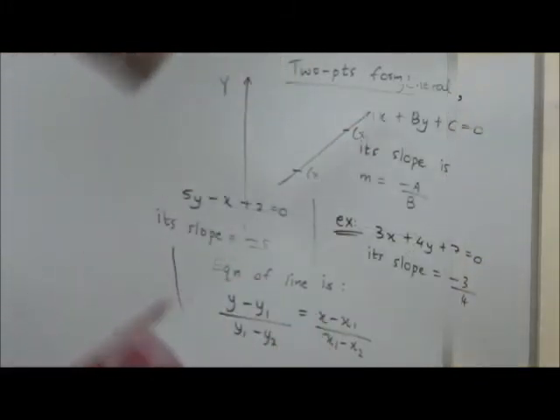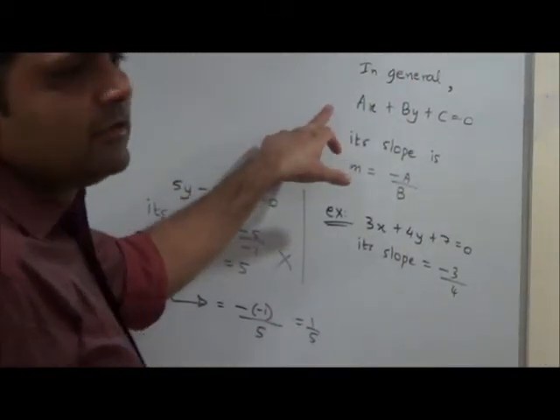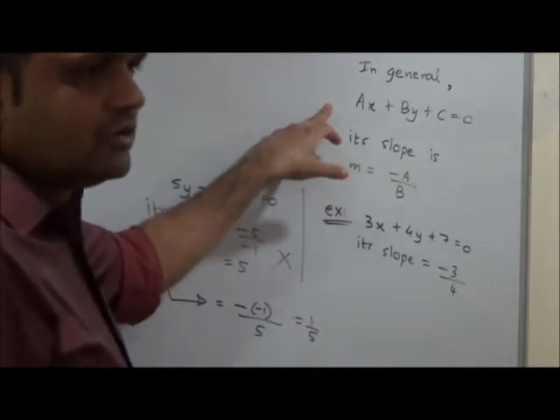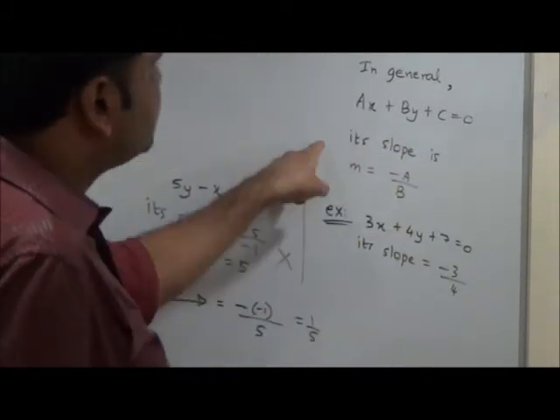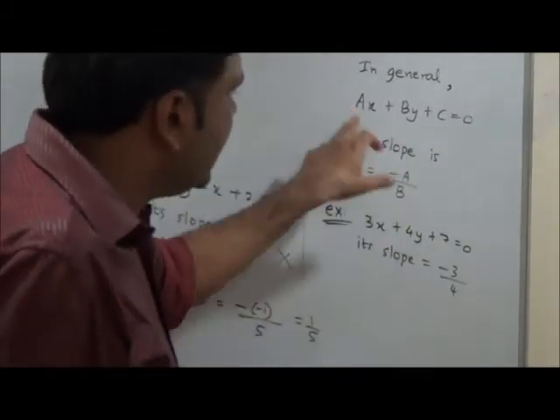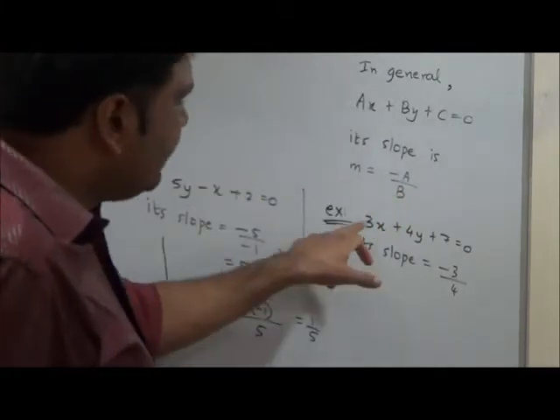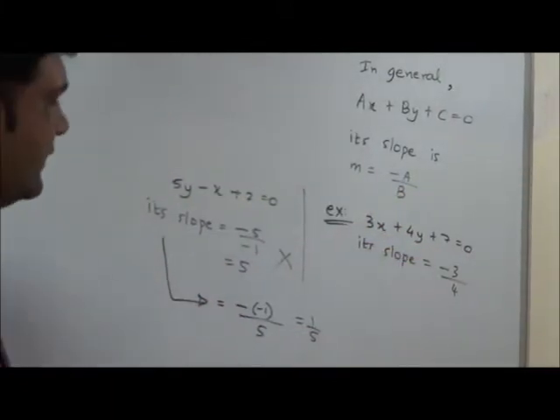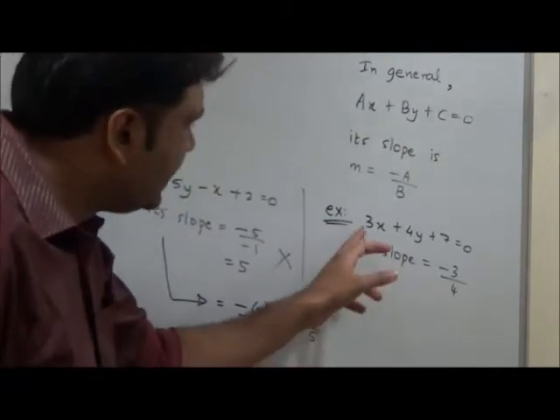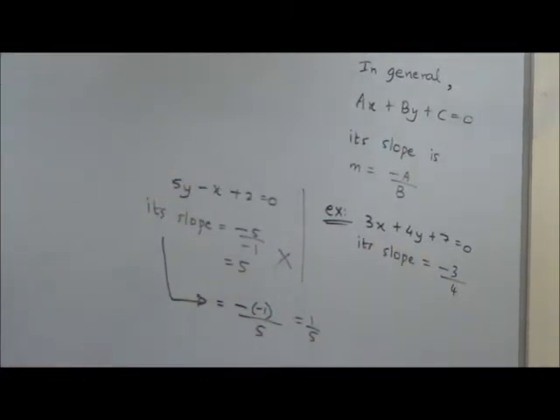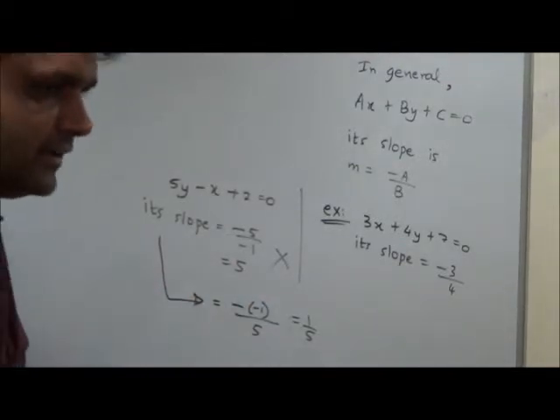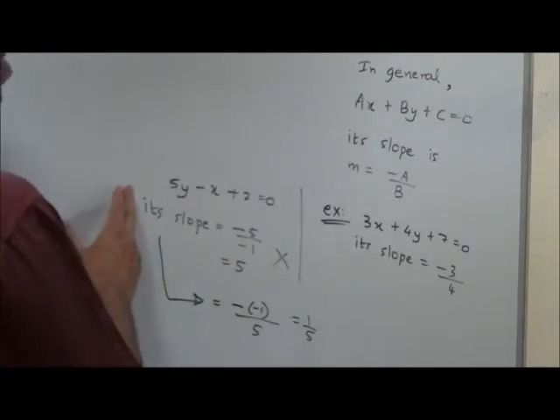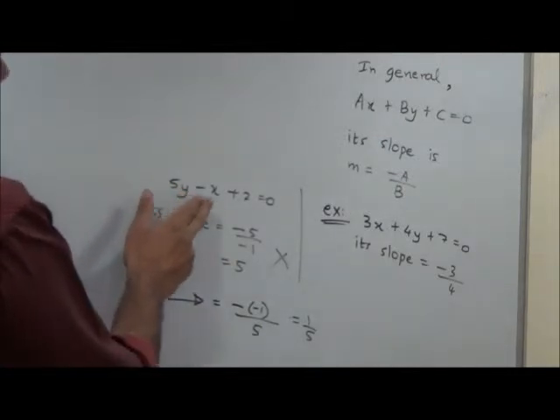Okay? Please observe. In general, ax plus by plus c equal to 0 is what we can say is an equation of a line. Means equation of a single line will have an x term, y term and a constant term. Its slope will be of the form minus a by b. Directly I can find the slope. Example, if I have 3x plus 4y plus 7 equal to 0 as a line, then its slope is, by mere observation, minus 3 by 4. One could arrange it as y equal to mx plus c, but that will be a little more time-taking exercise. What about if equation of a line is 5y minus x plus 2 equal to 0?